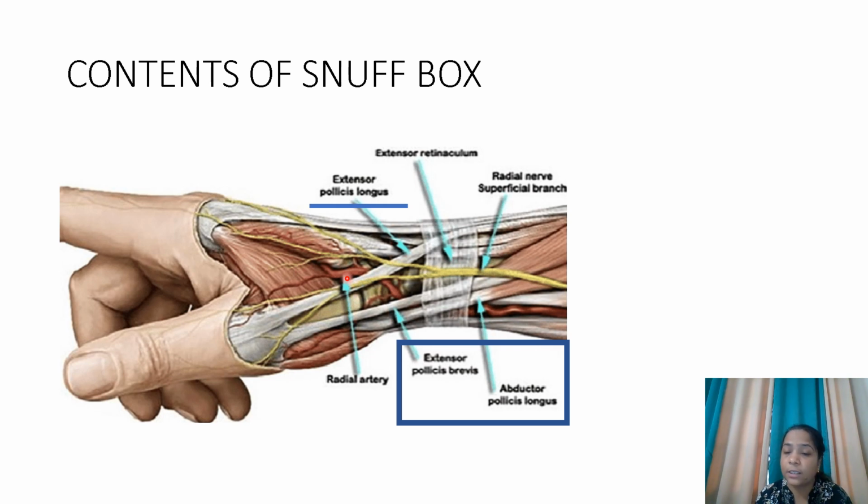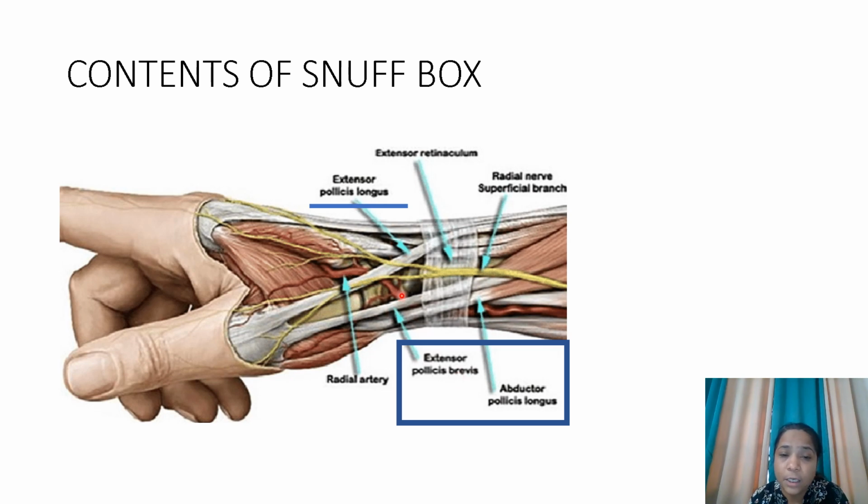Radial artery is one of the important terminal branches of the brachial artery. When the brachial artery reaches the level of the neck of the radius, it divides into two branches: one known as the radial branch and the other as the ulnar branch. The radial artery runs into the anterior compartment of the forearm, just beneath the brachioradialis muscle, and